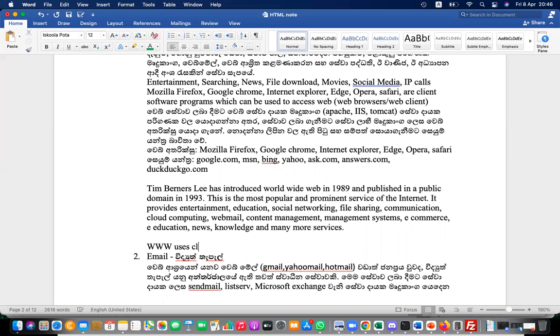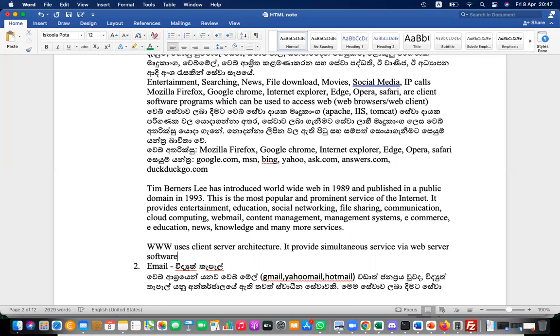WWW uses client-server architecture. It provides simultaneous service through web server software, such as Apache, IIS, Tomcat,